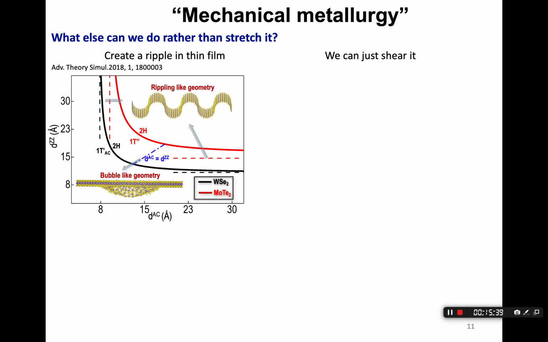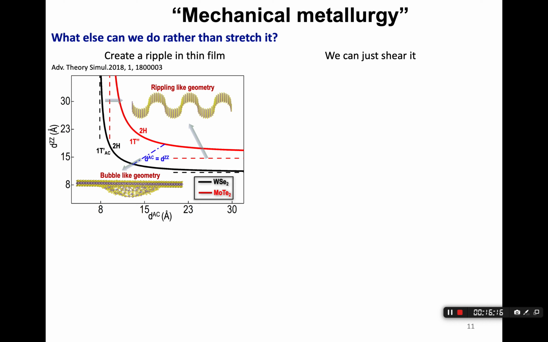curvatures. So when we define a curvature, we can define two principal axes of rippling, right? If we only have curvature in one rippling direction, we're creating a ripple. So there will be curvature in only one direction. And at the same time, if you have curvature from two perpendicular directions, it's going to be a buckling, right? So they're going to create a bubble in these membranes. So this phase diagram can actually tell you both how the rippling and how the bubbling are going to